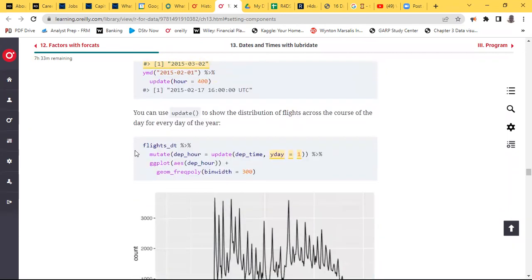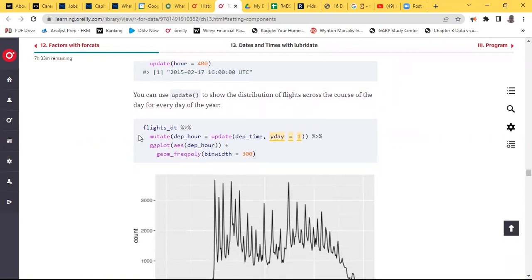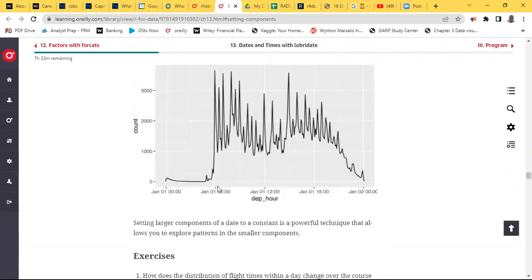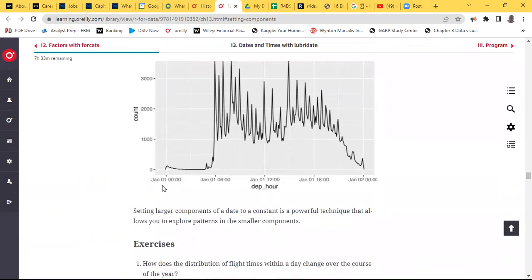Then I guess extra information here. We can also use the update function itself in case I want to see some information, in this case, the distribution of flights across the course of a day for every day of the year, right? So I have my flights information. I pass my mutate to create a new column called departure hour. I want to update it to show. So again, I guess the best way, before I go back to this, is to see the x-axis here. All I'm trying to do here is to see information